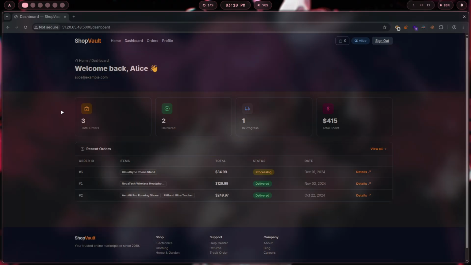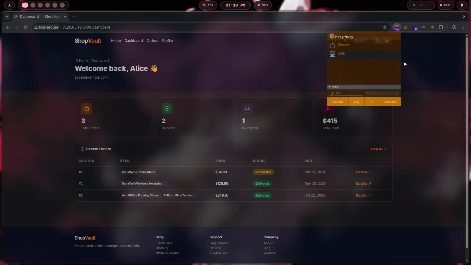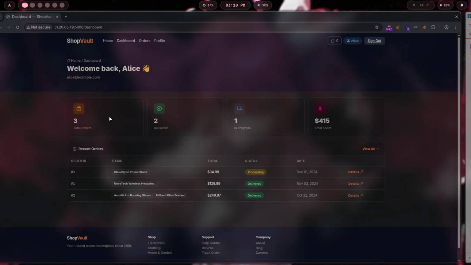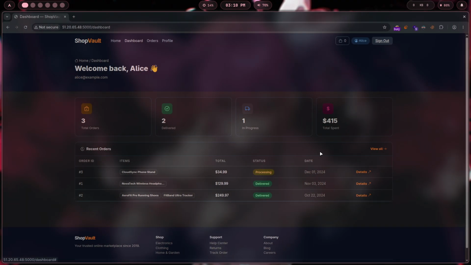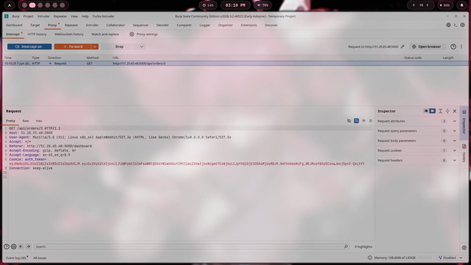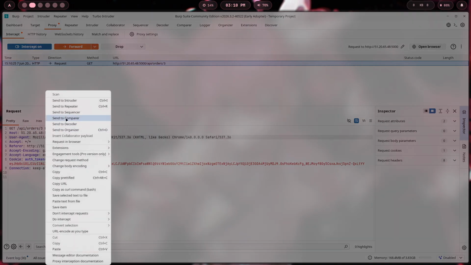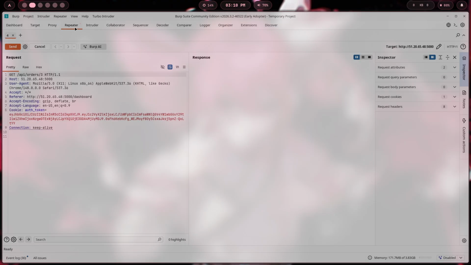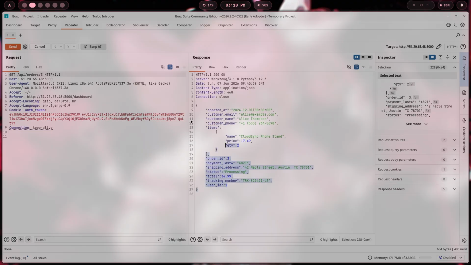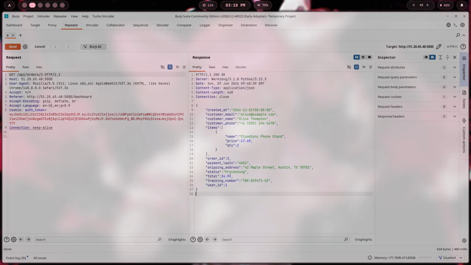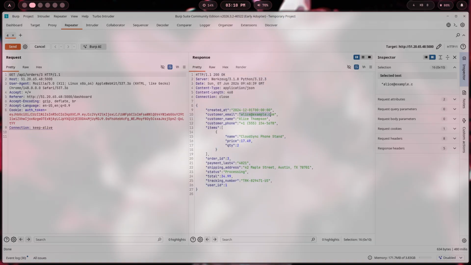Let's see this dashboard, and we can see this recent orders option where we can see the details. Let's turn on the proxy and intercept this request. We can click this details tab over here. As you can see, this API request is going on. Let's send this to the repeater and turn off the intercept. We can send this request, and we can see this response, which gives us the customer's email, customer's name, customer's phone number, and